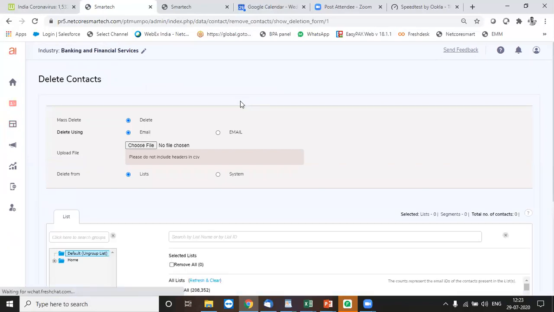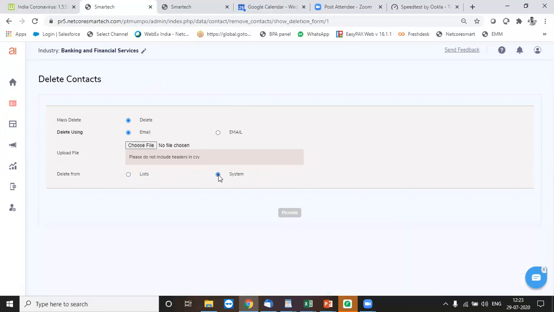Whether you're going to do a mass delete or a singular one, you can select that. And whether you want to delete it from this list or from the system, that means your complete contact master, you can select that option over here. Upload the file of your contacts without any headers, and delete using, let's say, email, whatever your primary key is, and process.